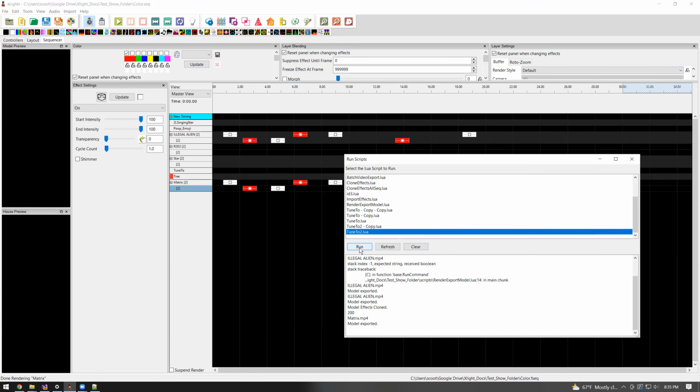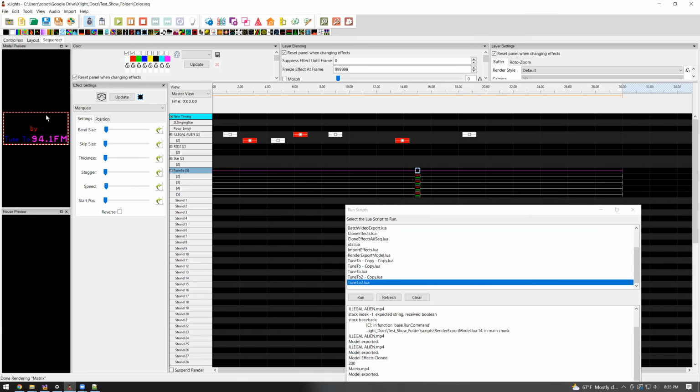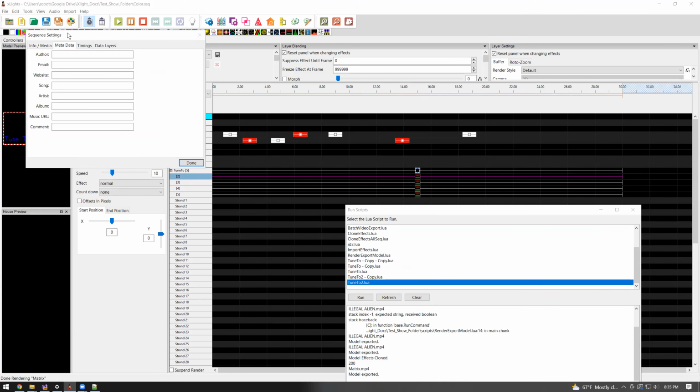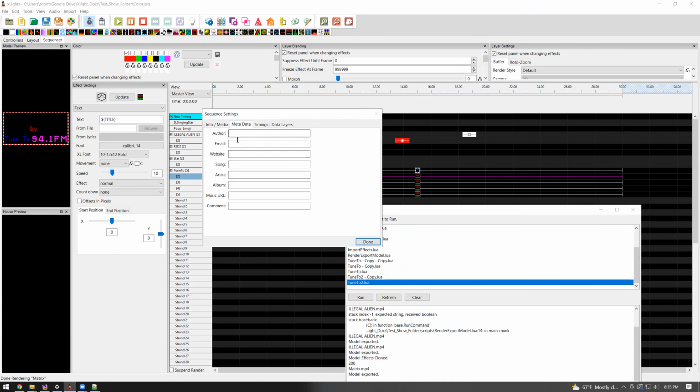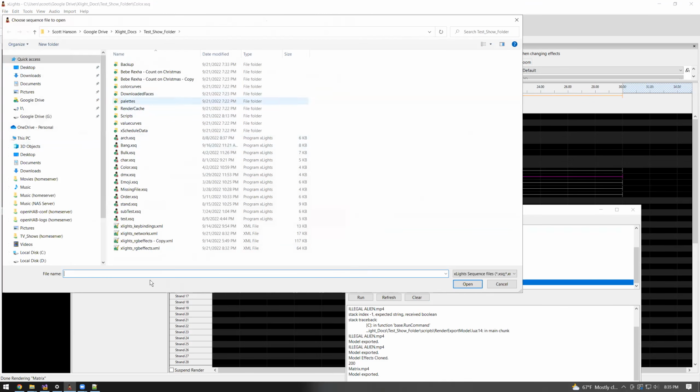If I run this script, it put the layers on here. And now on my tune2, it has no artist because of course I didn't open one with an artist or a title, so there's nothing. So these are the find and replace in the text effect. If you put title in there, it'll go into your metadata here, and whatever the title, your song name here, it'll put that as the title. So like if we were to,